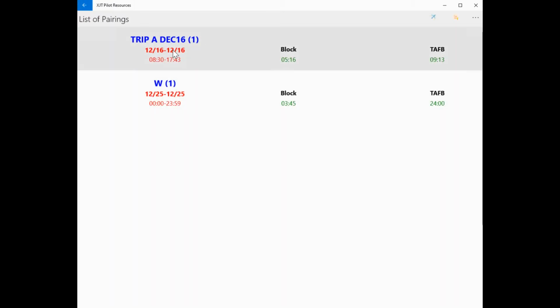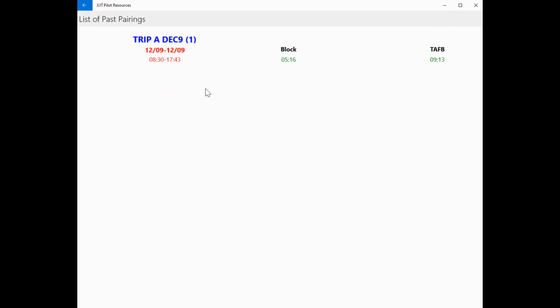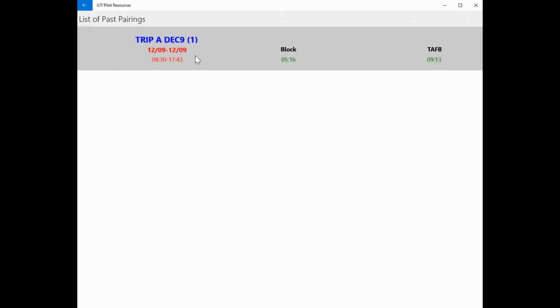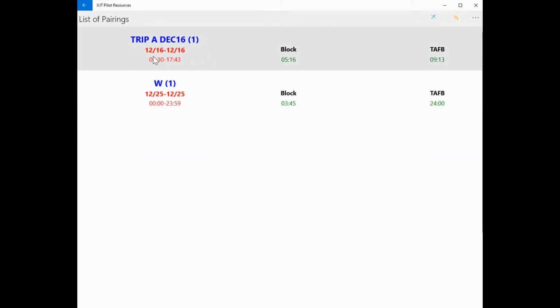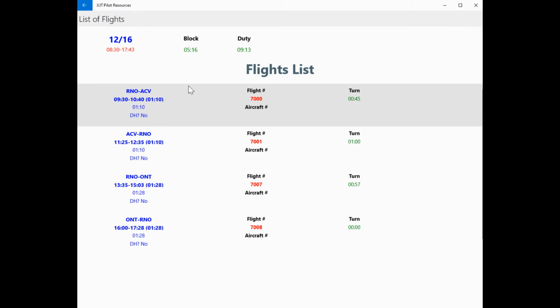So we'll go ahead and go back, and this is the information. This page is from today and into the future. If you wanted to see past flight, I can click on past, and it'll show me past pairing information. So we'll go back to tomorrow's flight. We'll click on that pairing and say